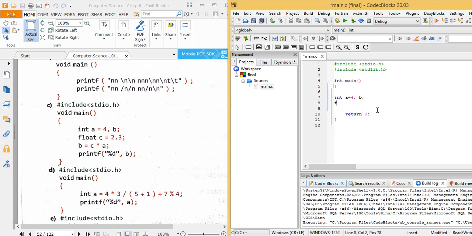First of all, I will declare a variable of integer type. Its name is A and value is 4, and also a variable named B is declared but not initialized. Now next, a variable of float type will be declared and a value of 2.3 is initialized to variable C. Now next, use this formula: B is equal to C multiplied by A,